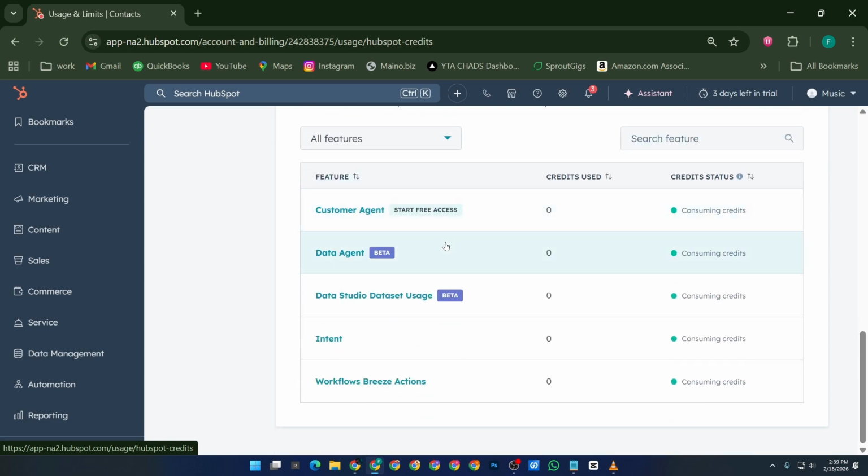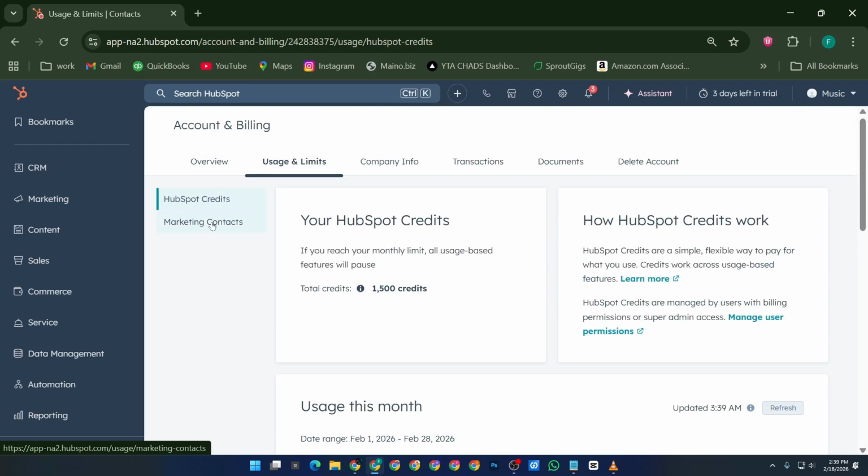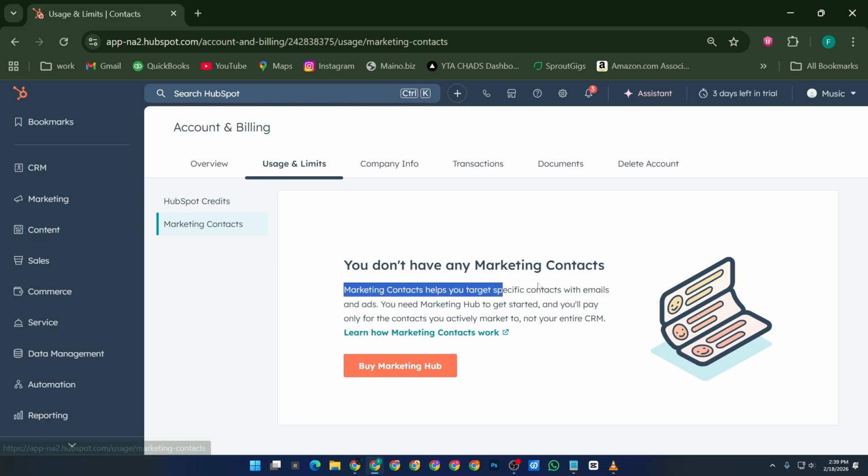database. It's important to understand the difference between total contacts and marketing contacts. Not every contact in your database has to be a marketing contact. Only marketing contacts count toward your tier limit, so keeping an eye on this number can help you avoid unexpected